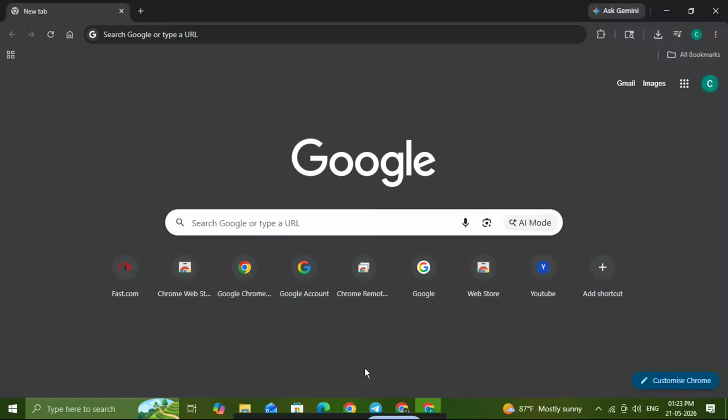In this video, I'm going to show you how to clear cache on Chrome in Windows 11 in just a few simple steps. Clearing your cache is one of the easiest ways to fix slow browsing, website loading issues, old page content, and even some login problems. If you want Chrome to run a little smoother and load fresh versions of websites, this is a great place